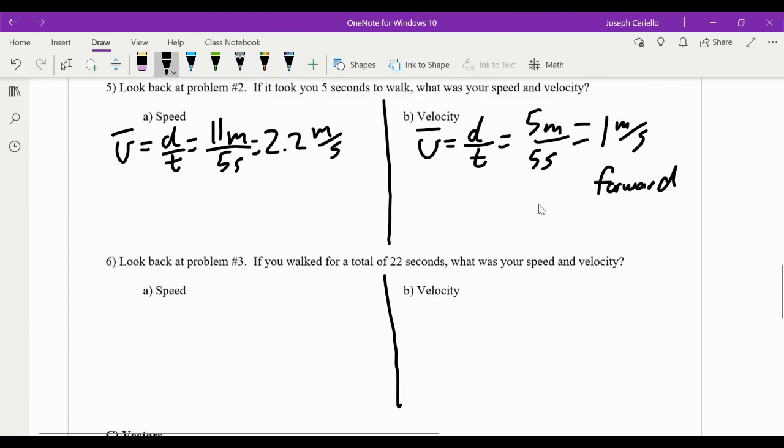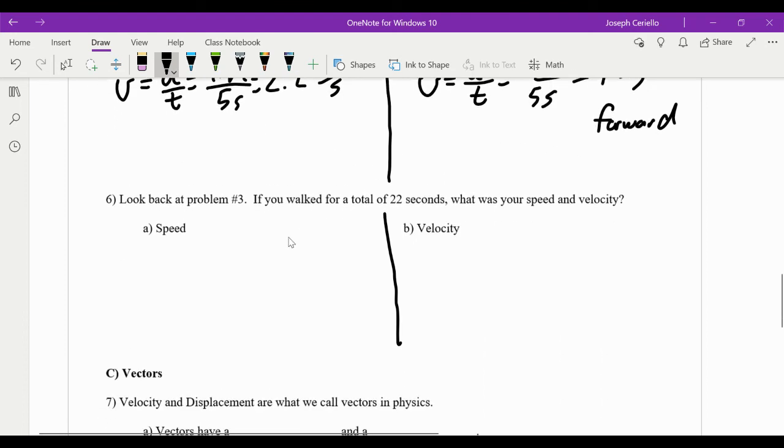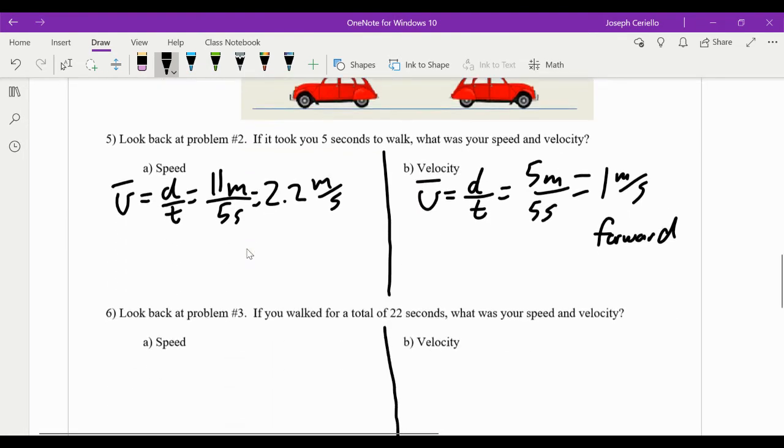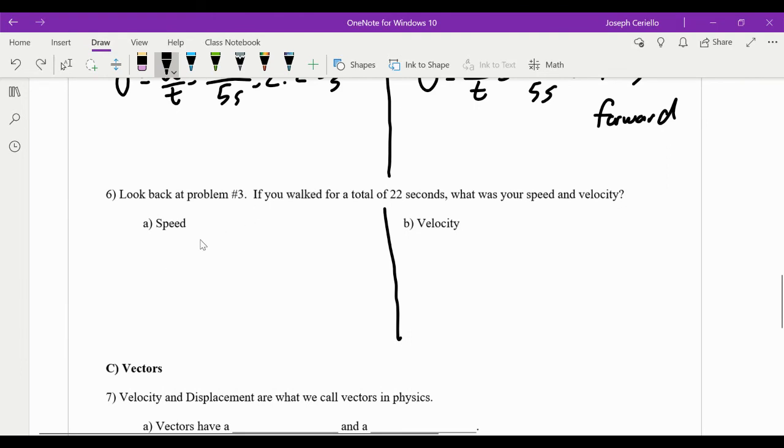So let's look back at number 3 now. We're looking for speed and velocity if it took 22 seconds. So number 3, our distance traveled is 61 meters. So we have V equals D over T. Again, distance over time for speed. So 61 meters over 2.2 seconds, or excuse me, 22 seconds. We have 2.77